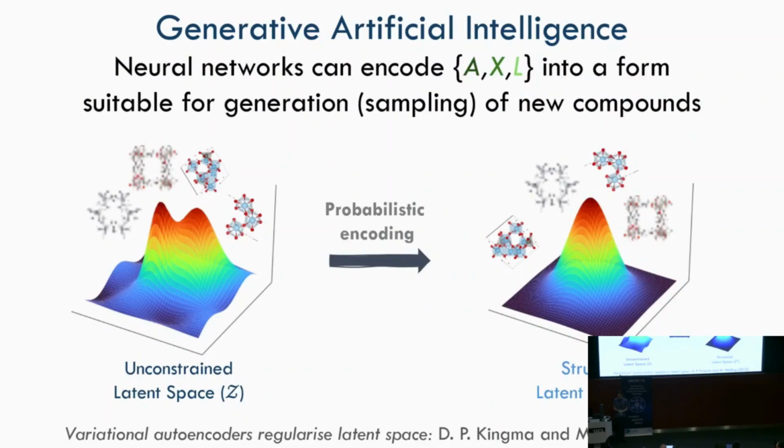Where things have gone over the last year, and things move very quickly, is jumping into latent space. So the first generative AI models for materials are all based in real space. So you have atoms in space, they diffuse, and you form a material. Now it's all about encoding in latent space to make them faster and also make them more scalable. So yeah, I guess you get the idea. So typically what you do is encode, use something like a variational autoencoder to go from real space into a compressed space, and then all of the generative work happens in that compressed space.